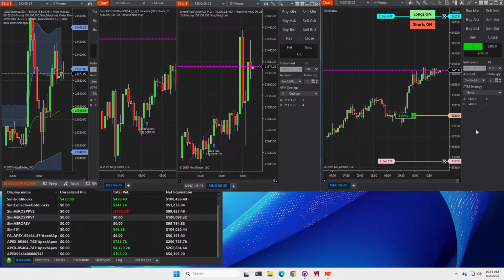But that's the beauty of having this Goldilocks strategy, it trades for you. So you don't have to think, you just turn it on. Now, I did add these buttons just in case you want to trade with a prop firm. It gives the ability to turn the shorts or longs off or on. So if you're looking at a longer term trend, maybe a daily chart or a weekly chart, you say, well, the really long term trend is up, and just turn the shorts off and only take directions in the trend of the longer term trend. But this does a pretty good job. I think I was just looking at one time frame. It could be wrong. I have to go look at the code, see what he's doing, but